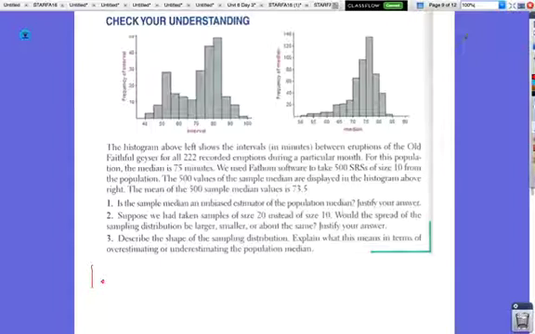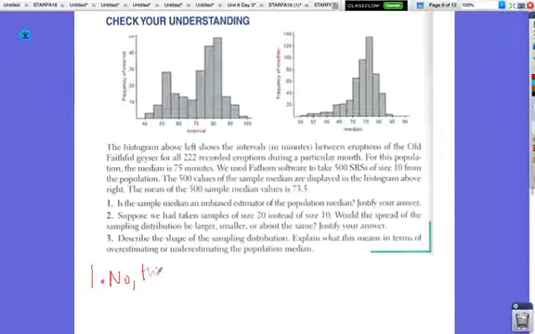So on number 1, the median does not appear to be an unbiased estimator of the population median. The mean of the 500 sample medians is 73.5, whereas the median of the population is 75. So,